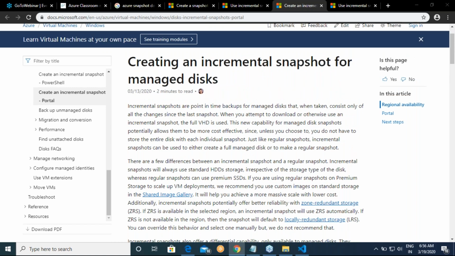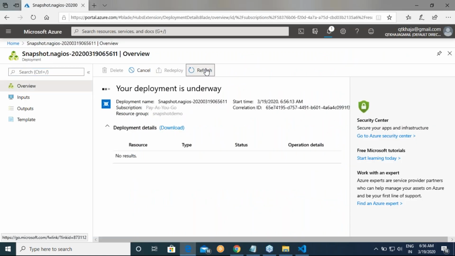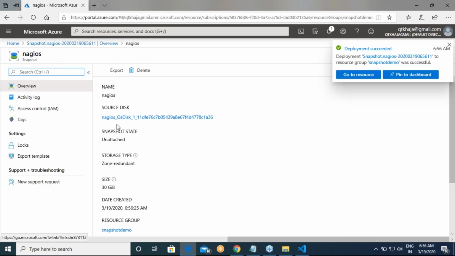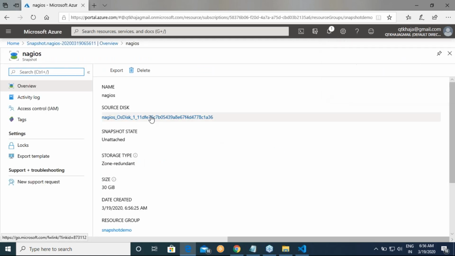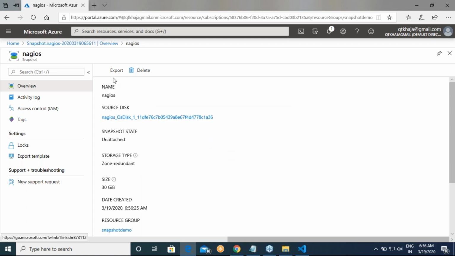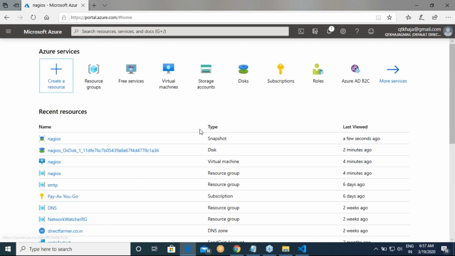Let this be finished. Okay, good. Now I have a snapshot of this disk, which I can export to a format so that people can download it or preserve it. This export will give a URL. And now let me go to